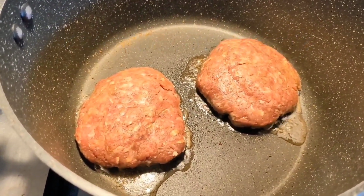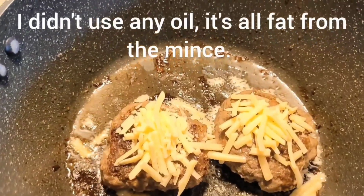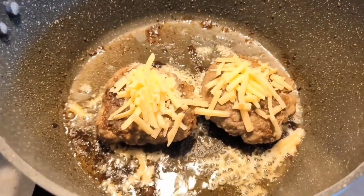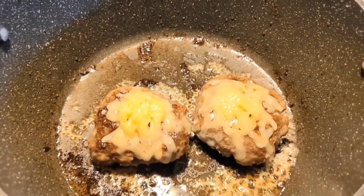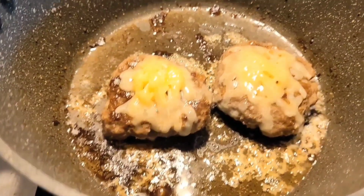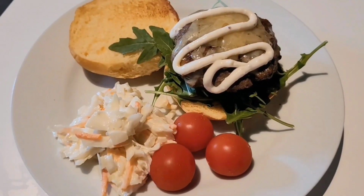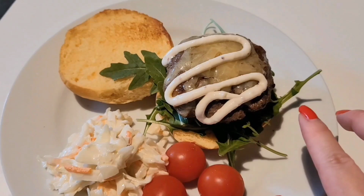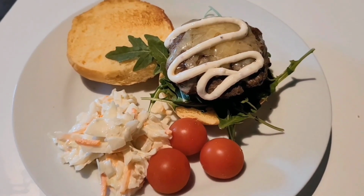This next meal, I've got some beef patties that I've made. So it's just beef mince, salt, cumin. Once that's cooked through, I add on a little bit of cheese and pop the lid on top so it melts. Now, all of this fat at the bottom of the pan is just from the beef mince. I haven't added any extra oils. So that's my burger. I've got a side of cherry tomatoes and some leftover coleslaw that I had in the